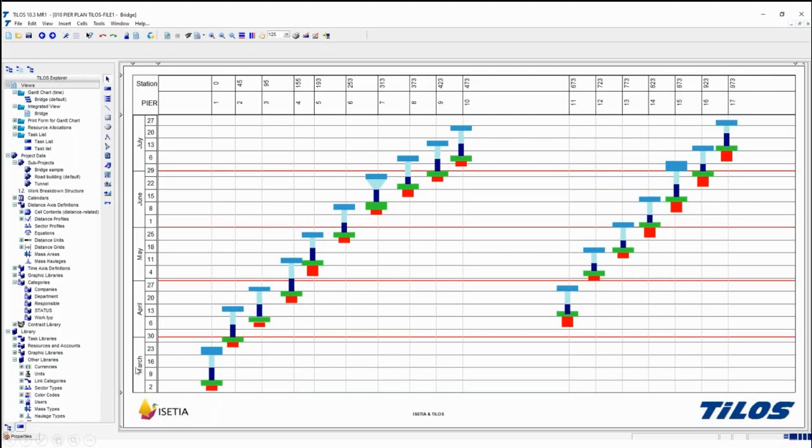In Pylos, we also provide time: March, April, May, June, July, and you can see pile cap, pier elevation, steel decking, and this represents Pier 1. So we start at the beginning of March, and Pier 1 finishes at the end of March. Pier 2 starts at the end of March and finishes in the middle of April. So this is the Pylos interface.